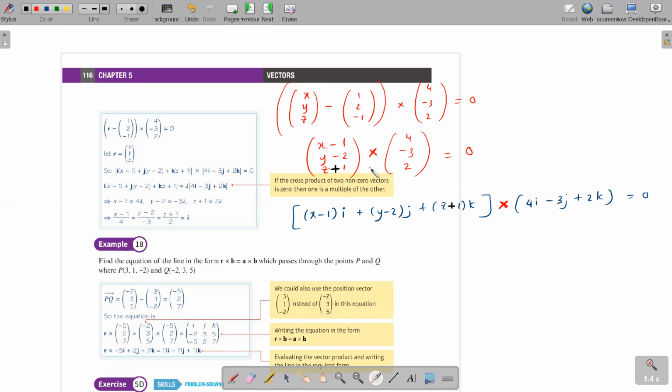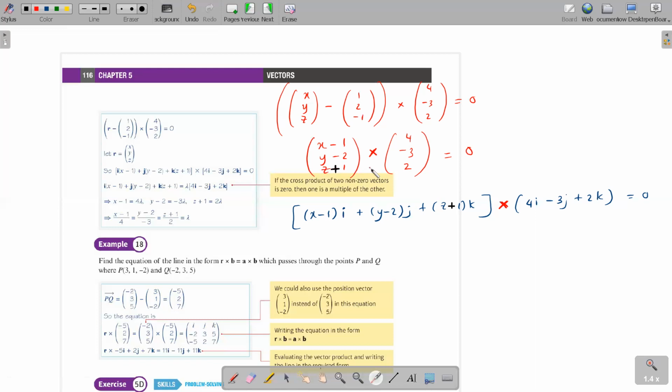Yeah, what is it, Buddha? Can you tell me? When does the cross product become 0? Cross product becomes 0 when they are parallel, right? Very good. When the two vectors are parallel. Dot product becomes 0 when they are perpendicular. Very good. Dot product becomes 0 when the vectors are perpendicular.